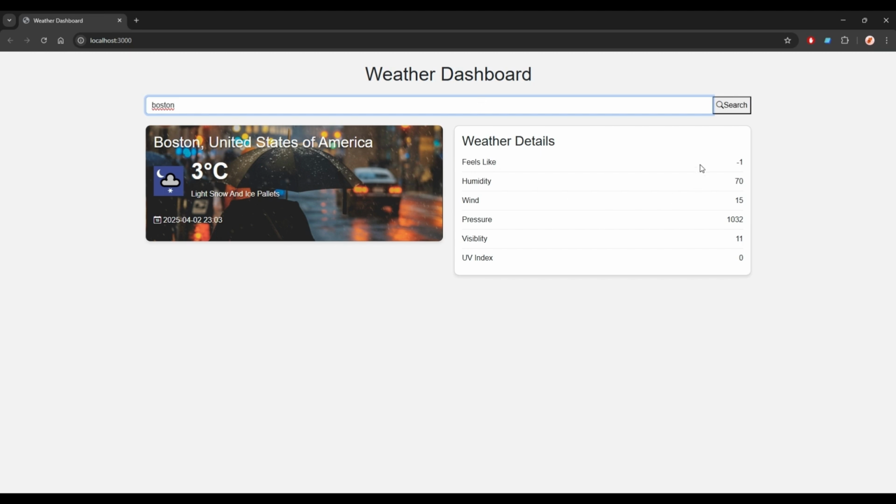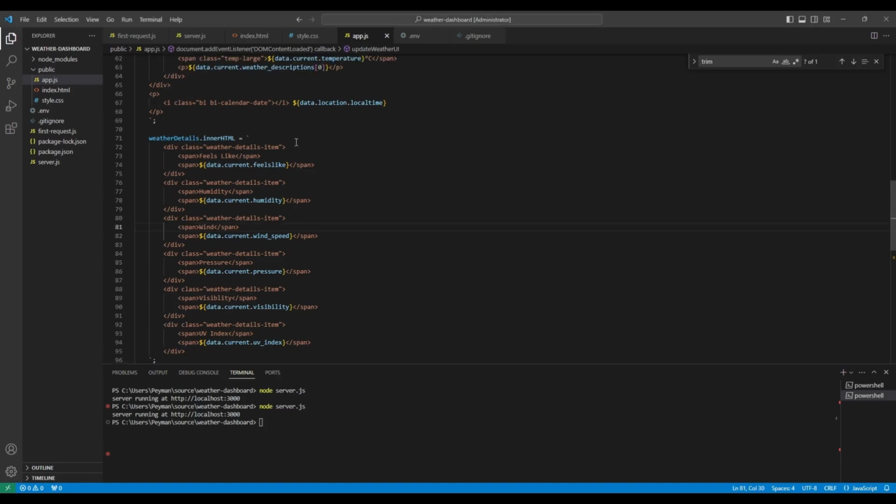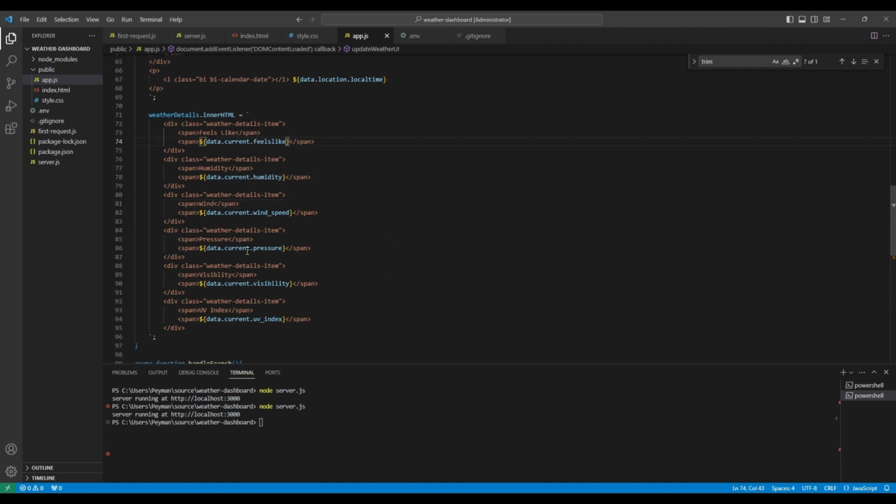There you have it. So Boston feels like -1, 70 humidity, 15 wind, pressure is this, visibility is this. Now let me see if I can add some extra metrics to this so that these numbers make a lot more sense. All right, so here we want to change our feels like to have a degrees Celsius